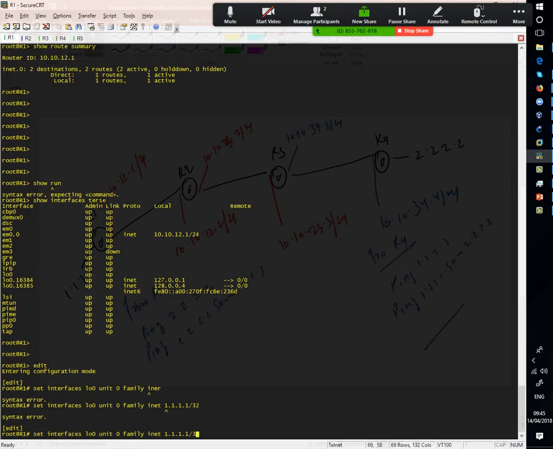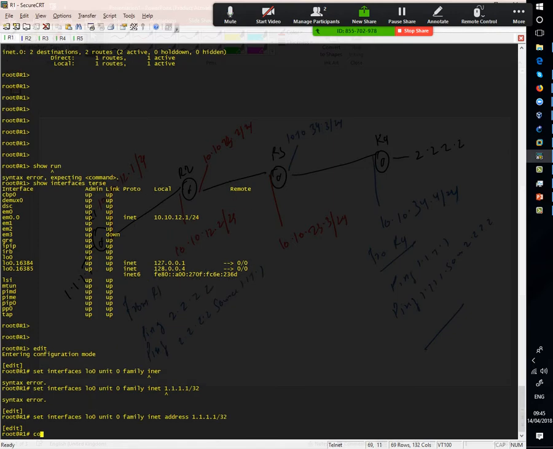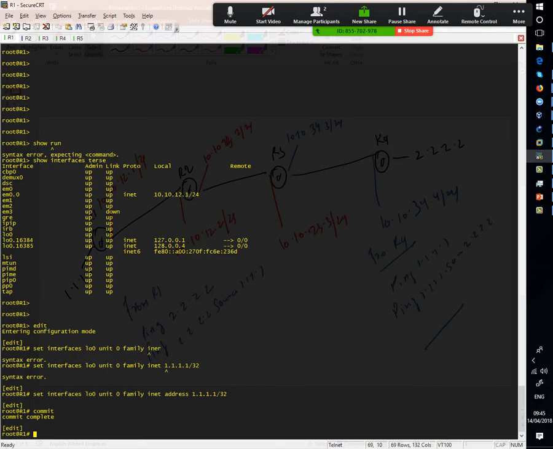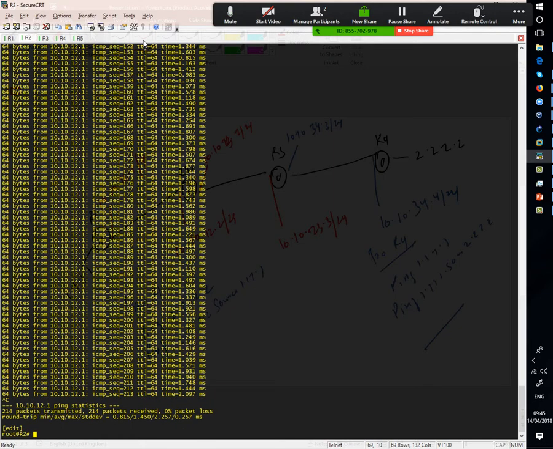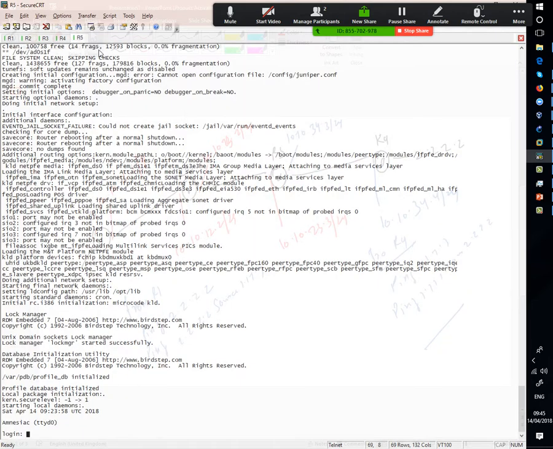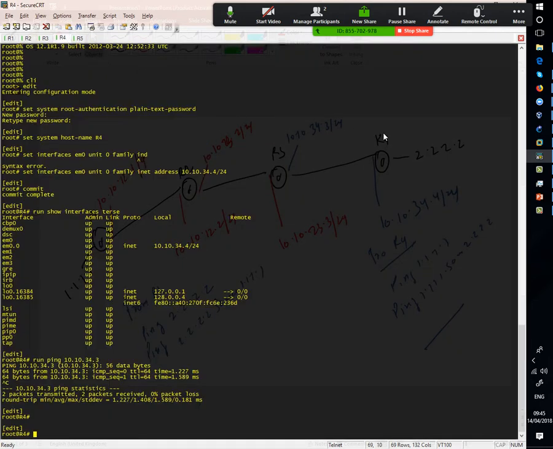Sorry, family inet address 1.1.1.1/32, commit, right? Similarly, I'm configuring on